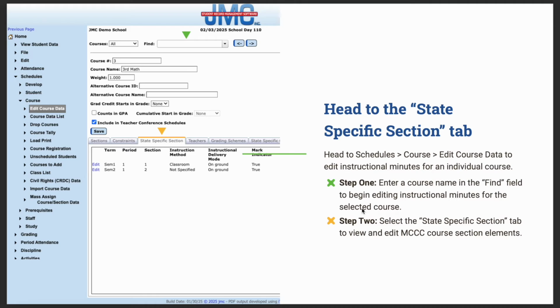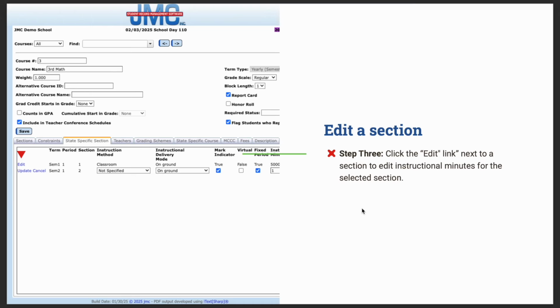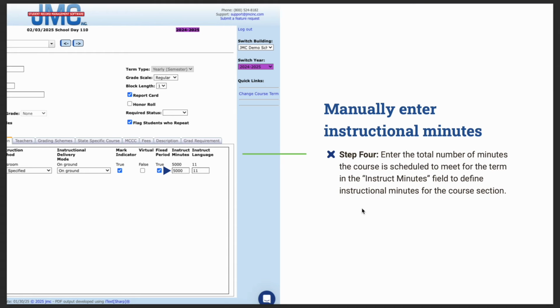So we're going to head to Schedules, Course, Edit Course Data. We'll enter that course name in the Find field. We'll select that state-specific section tab. We'll click the Edit link next to each section to edit the instructional minutes, and then we'll hand enter the total number of minutes the course is scheduled to meet for the entire term. So if everybody gets 60 minutes of English language arts a day, we take that 60 minutes times the number of days that are in the semester. If you have 90 days in the semester, 90 times 60